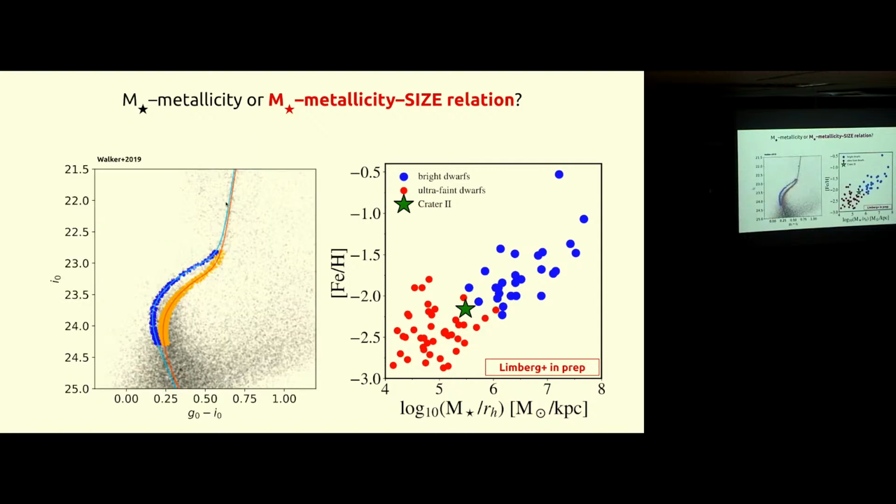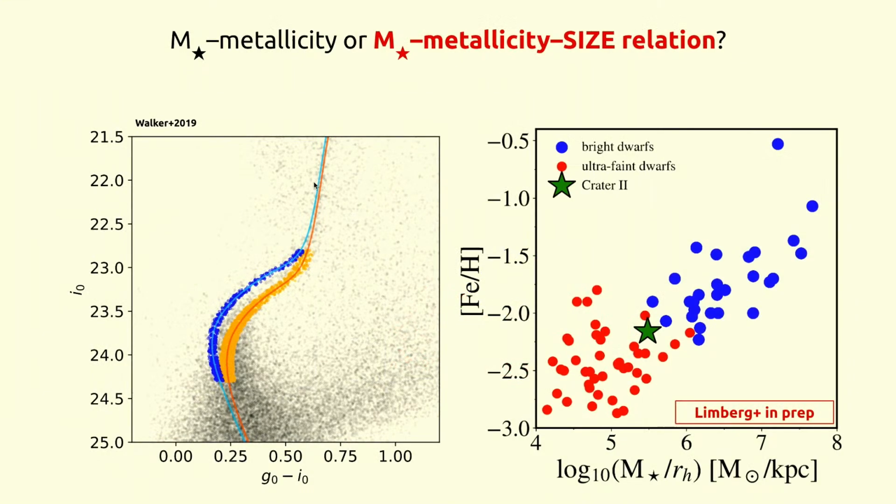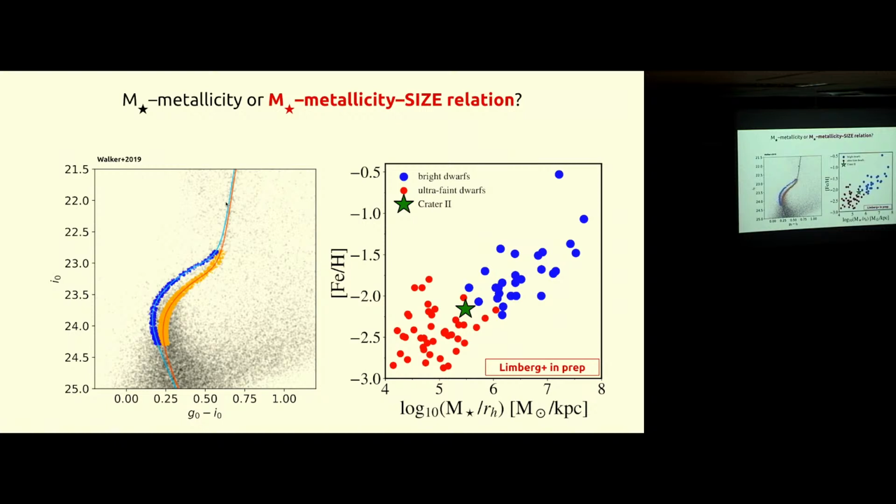And why very early is because of this figure. So this is the color magnitude diagram of this galaxy. So this is the final thing to close everything. As you can see, there are two sequences in this color magnitude diagram. And if you go to an intro to astronomy class as an undergrad, you learn that this difference in the CMD should really be associated with the difference in the age of these stellar populations. But the youngest stellar population in this galaxy is 10 billion years old. So the younger population right here in blue is 10 billion years old. So this galaxy really stopped forming stars very early on, a long time ago.